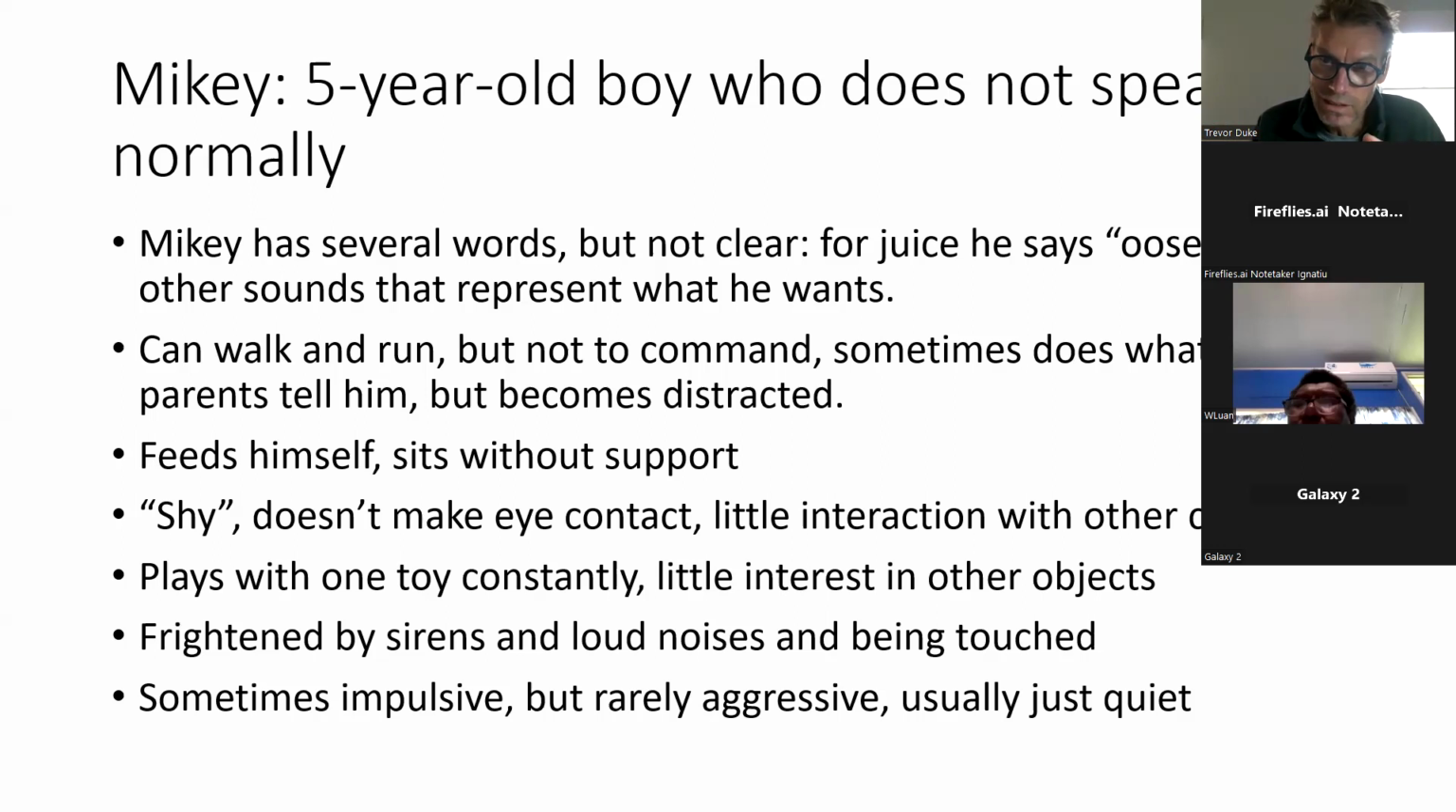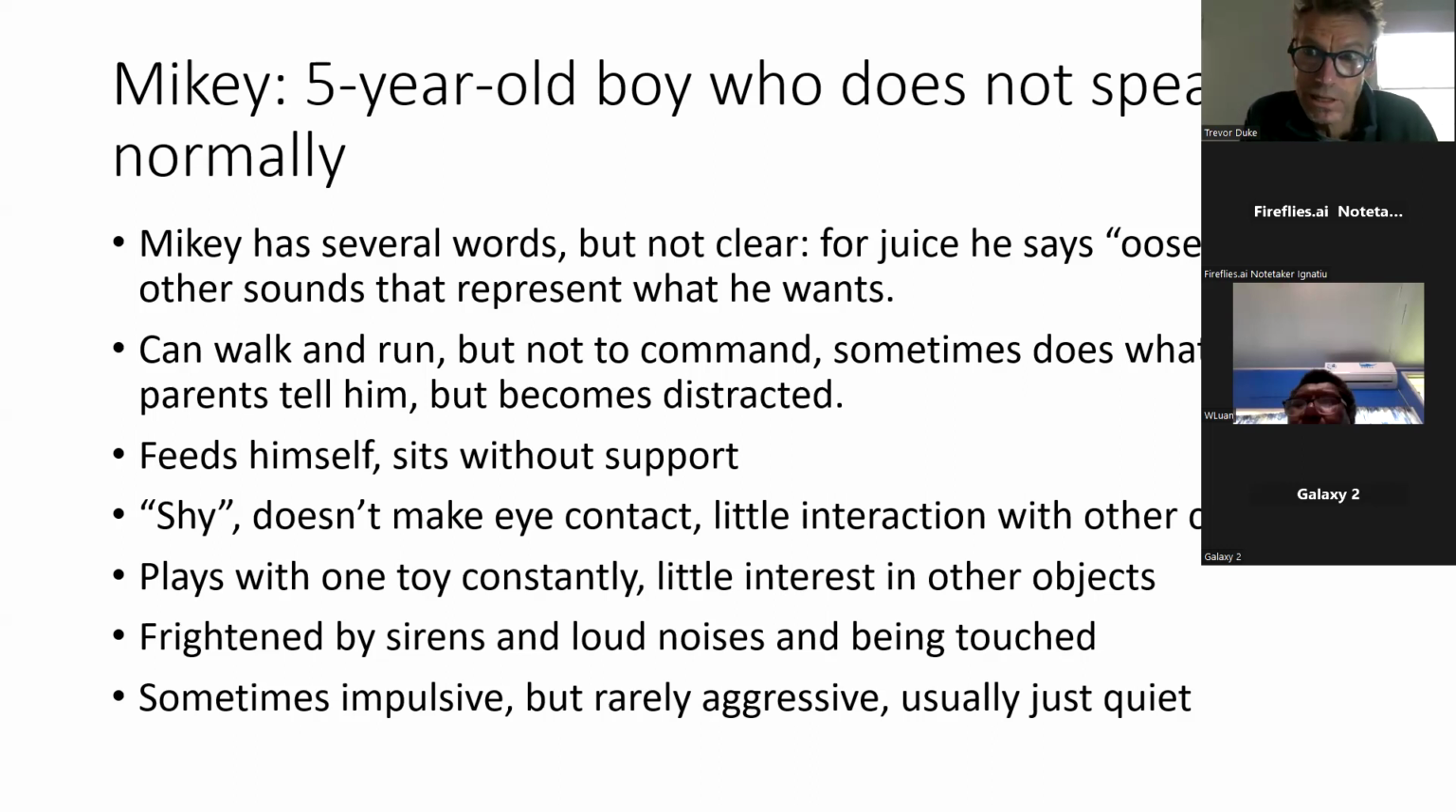And he had little interaction with other children. His parents would say he would never play with other children, and actually he had very little interaction with anybody else. He didn't like making eye contact with doctors or nurses or even mostly with his parents. He played with one toy. He had one toy and he played with that constantly and had little interest in other objects. Anything you could show him, he was very uninterested in, but he would like playing with this one particular toy, a brightly colored toy. His parents said he was very frightened of sirens, like ambulance sirens, or loud noises,